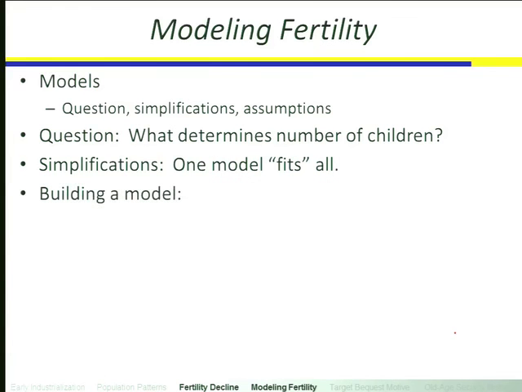If we're going to build a model about fertility, one way to do it is this. We start out thinking about what goal people are trying to achieve. So we're going to try to figure out what determines the number of children. Being good economists, thinking like incentives, we're going to think about this in terms of people having a goal, and they're making decisions as trying to achieve that goal. So the first step is to try to figure out what goal people are trying to achieve.